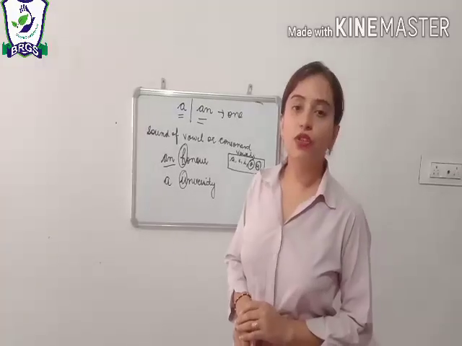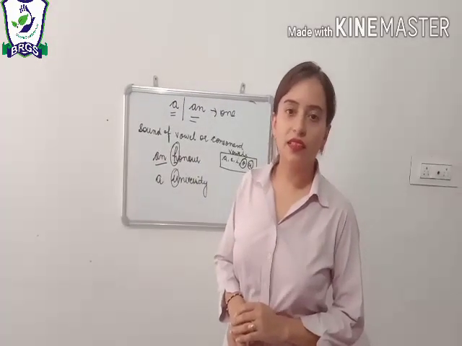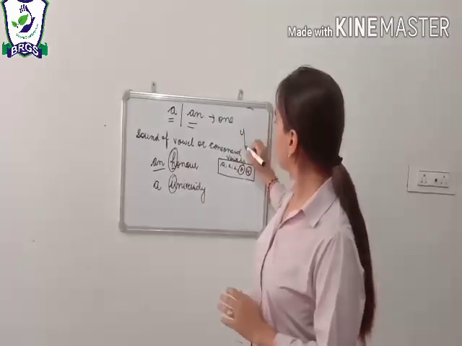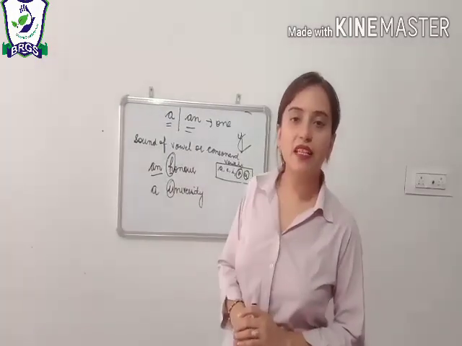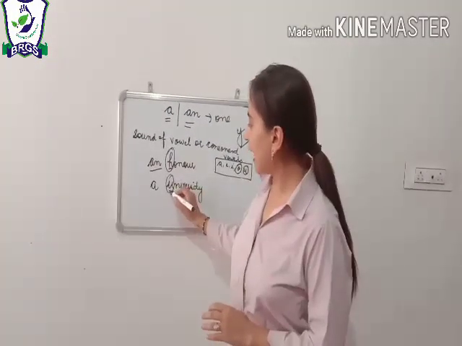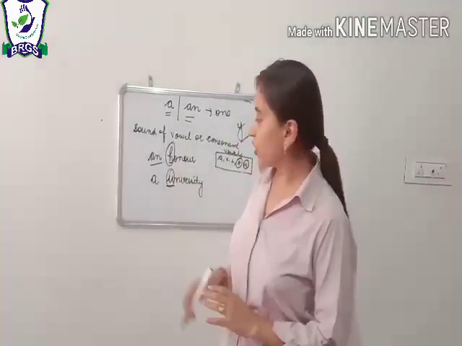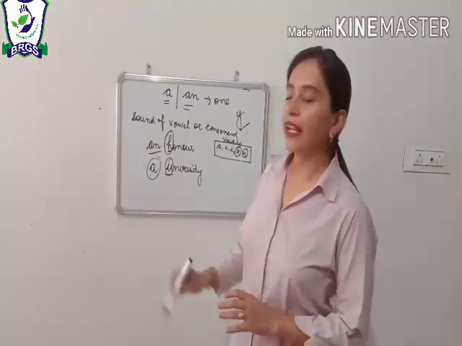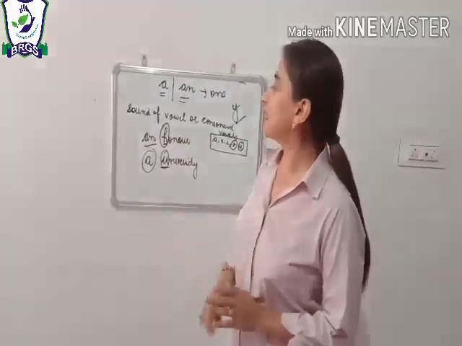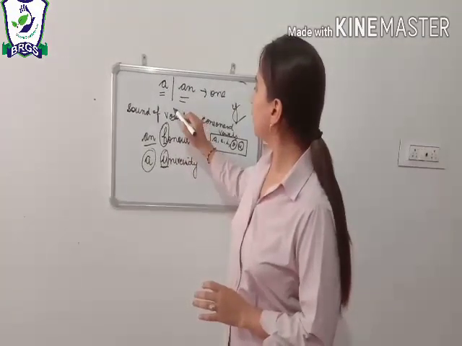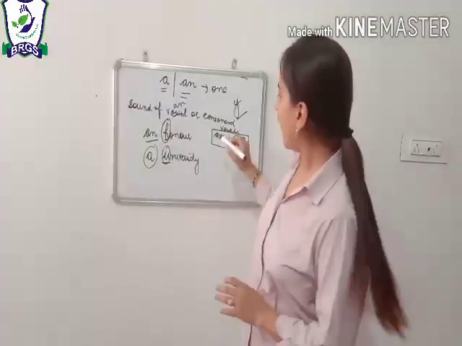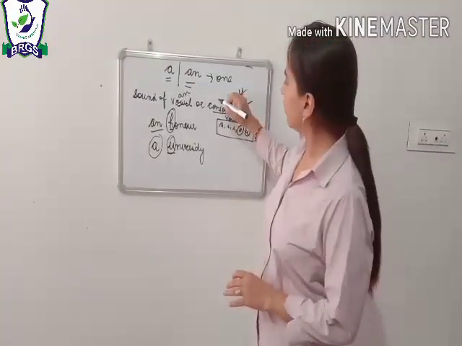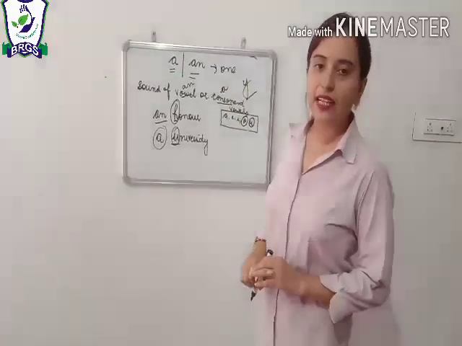Why will it carry a? Because look at the sound. University. Y. The sound of Y is coming. That means it is a sound of consonant. So it carries the article a. Understood? If the word is having the sound of a vowel, it will carry the article an. And if the sound of the word is starting from a consonant, then it will carry a as article.